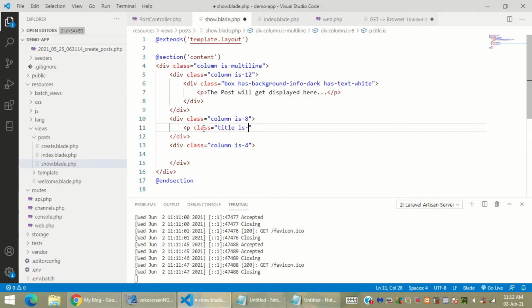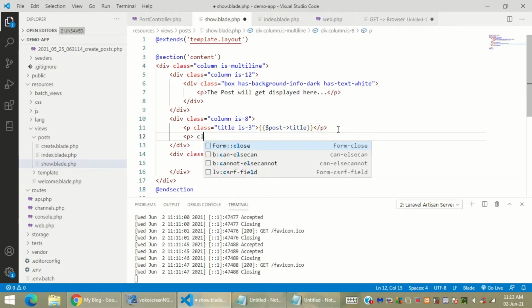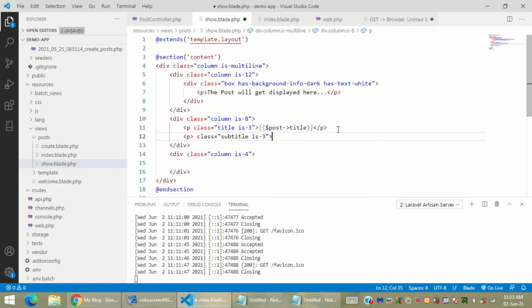With this I'm going to say that I want a p tag, paragraph tag, of headline 3, that is my Bulma CSS. So with this I'm telling it that I want a class of 3, I want subtitle of also 3, and then one more step ahead I'll be saying the subtitle, it's inside the database, it's excerpt, and with this I'm